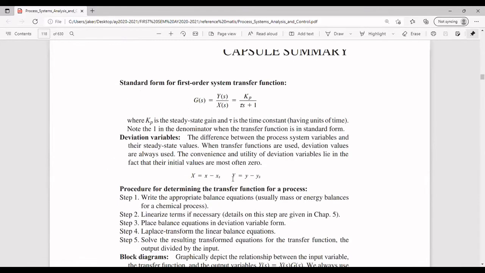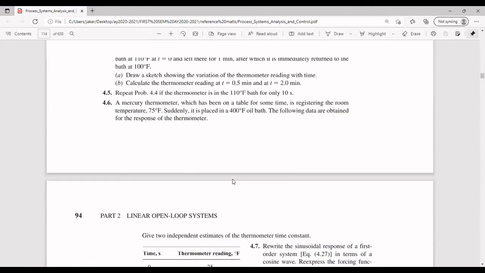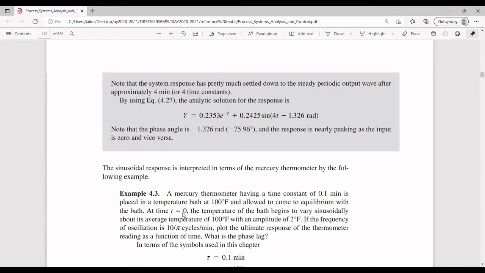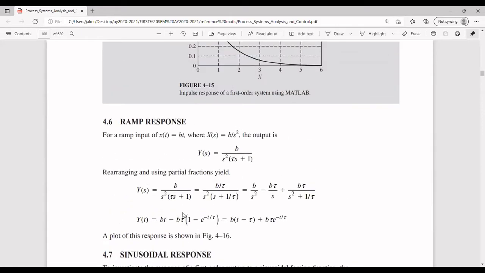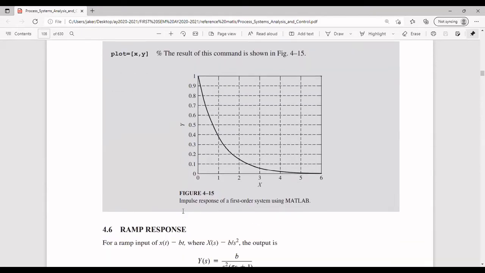Here it is, chapter 4. This is for the sinusoidal. We want the impulse. So for the impulse response, this is how it's going to be graphed, class, using